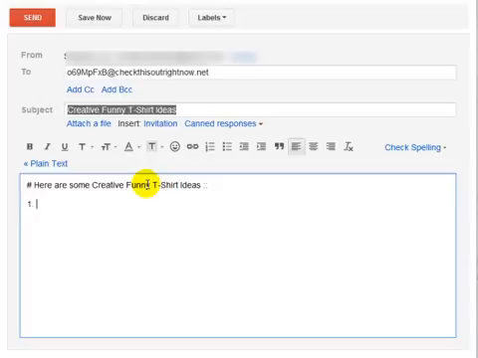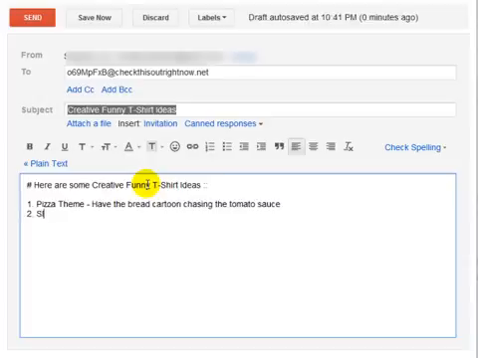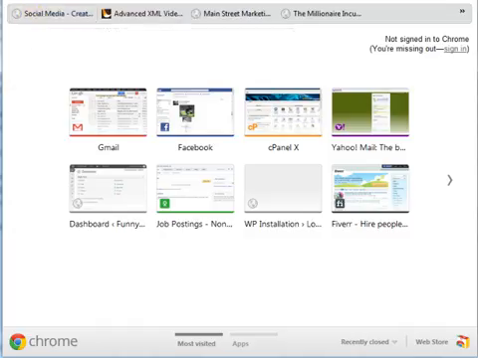I can say number 1, pizza theme, slug theme, have a salt shaker, chasing a slug. Now, if you want to bold a certain text, you're going to need to put 2 stars before it and 2 stars after. So if we do that here and here, and we click on send,